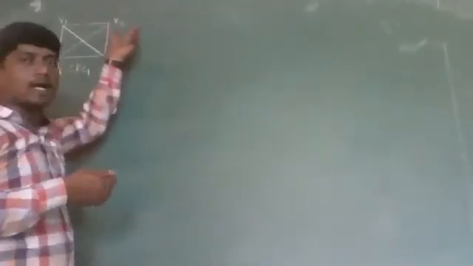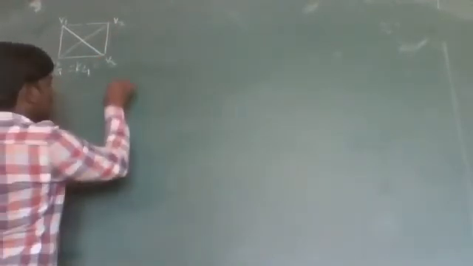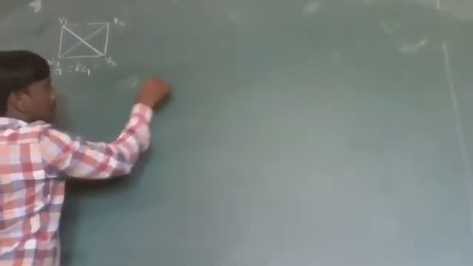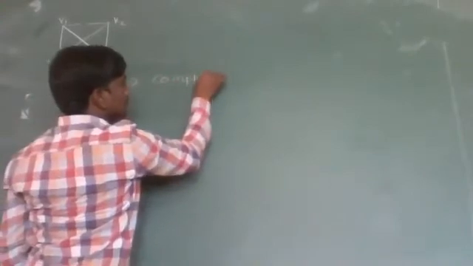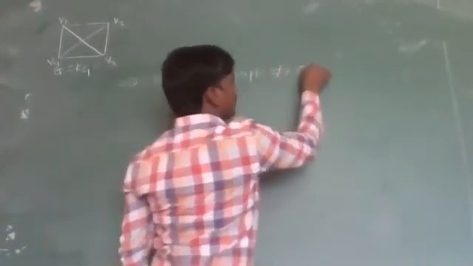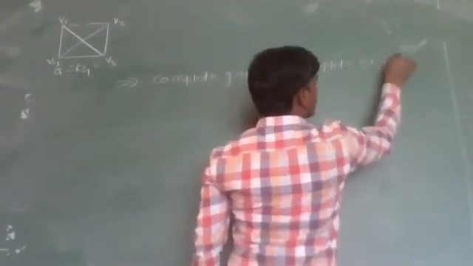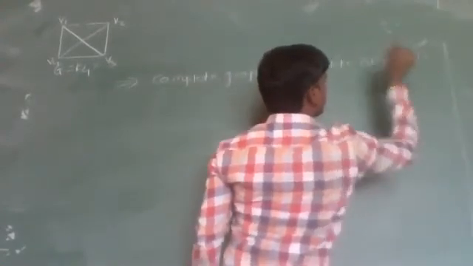So graph G is a complete graph, but here we can't find the two subsets X and Y such that X union Y is the whole vertex set V and X intersection Y is phi. So this one is a complete graph, but it is not a complete bipartite graph. Hence, from this we say that every complete graph is not a complete bipartite graph. Now what about the converse? Let us take one example.